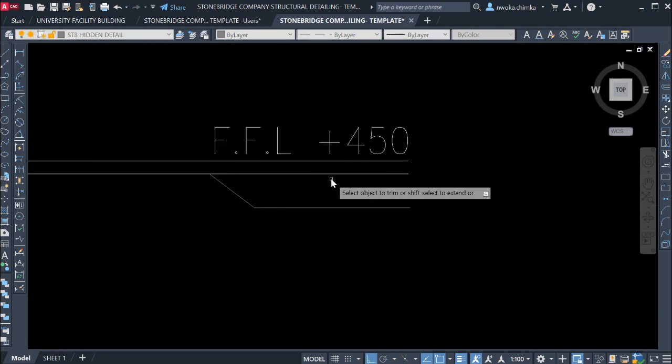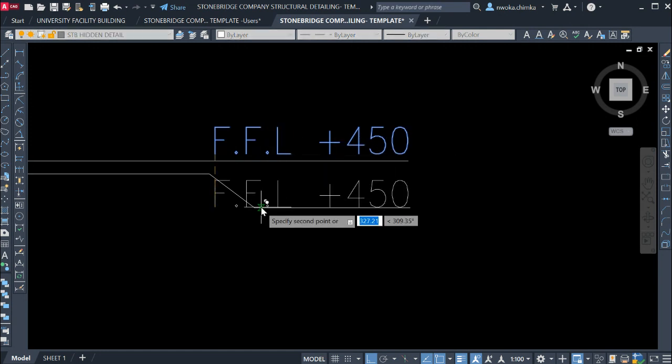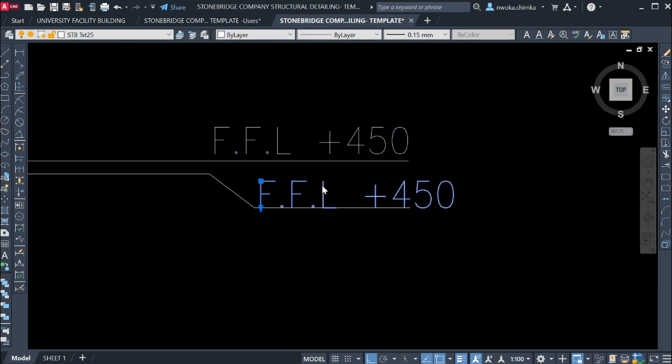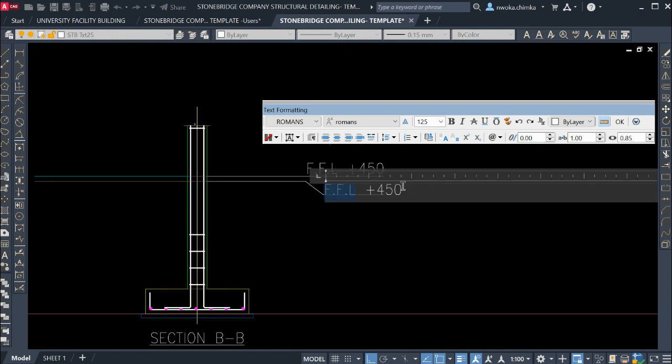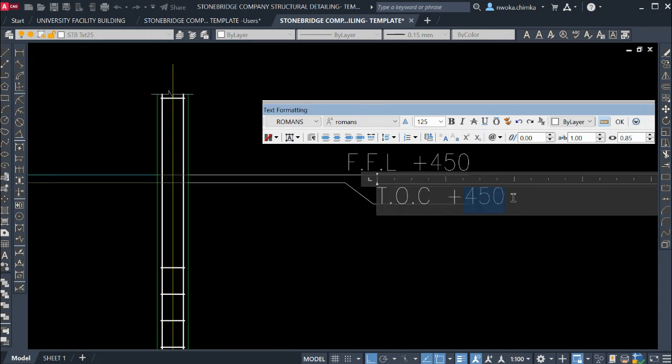Then we apply trim, TR, and trim off this, then match properties, MA, to match this to this, and then copy this back downward, inside here from here to here. Then go here and change this to top of concrete, because this is the top of concrete, which is T.O.C. Capital letters, so change it to T.O.C, and then we type what, 300 just now, and